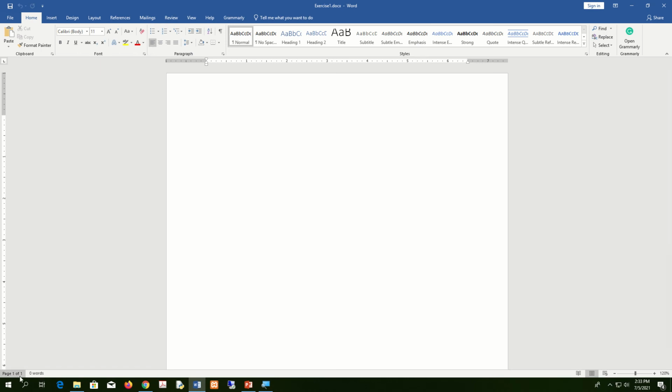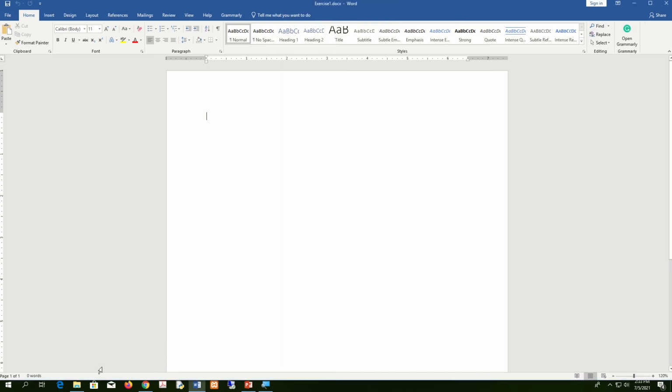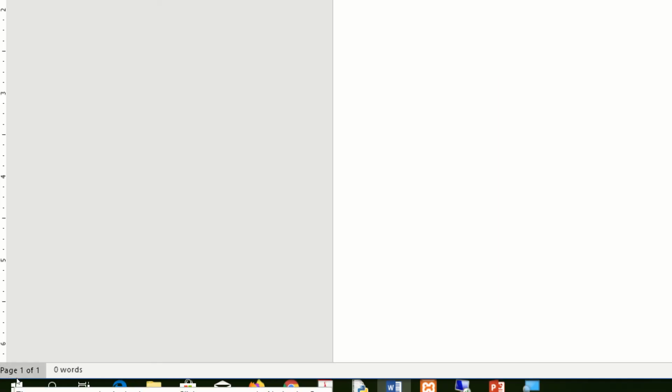And then from the bottom of this application we can find an option called status bar. In here you can find how many pages are in my document. For the time being I have only one page, and the whole document also contains one page. And then the number of words in my document. In here there are no words, that is zero words. And then from the right hand bottom corner we can find